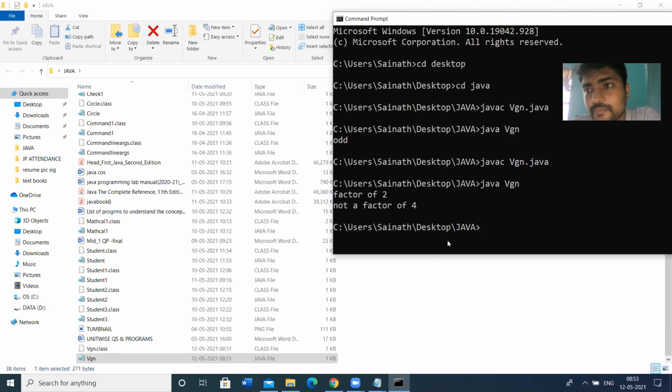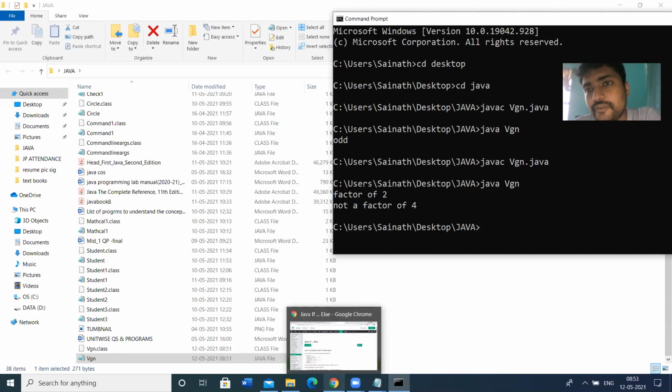So this is about the if-else statements. So let us start the switch cases. When do we use the if statements, and when do we use the switch statement? If you have only a small number of options, that means if this condition is true, a statement is executed, else another statement will be executed. If we have only 2 options, then we choose the if statements. If we have multiple options, then we have to go for the switch statement. That is the main difference between if statements and switch statement.